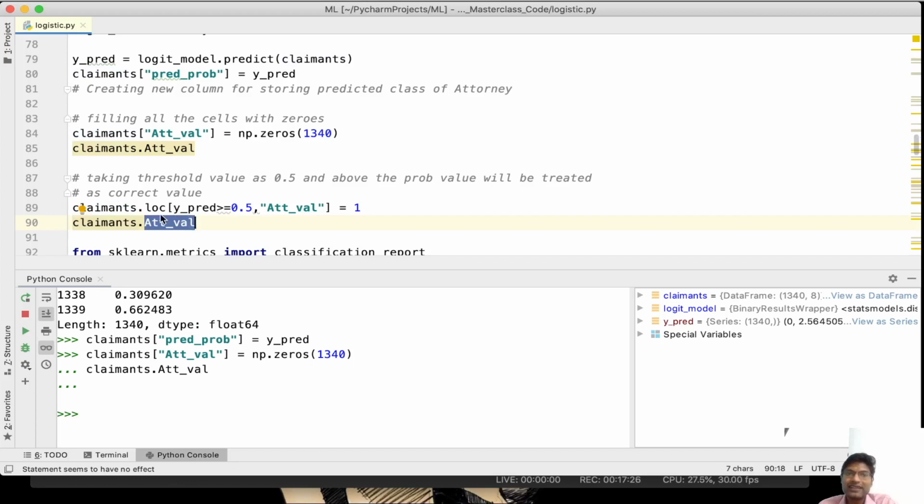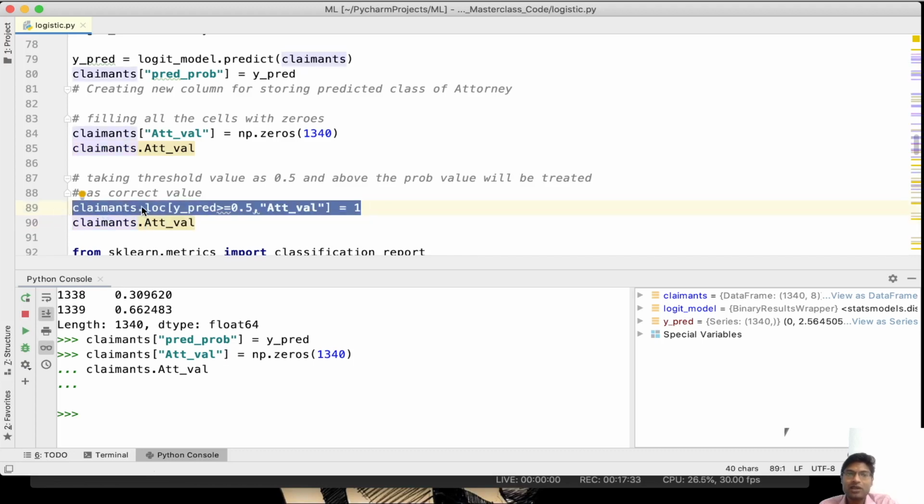For that I need to identify which rows are going to convert to 1. This is one single line, claimants.loc. If my y underscore predicted is greater than 0.5, as I mentioned before, we have y predicted where the probabilistic scores are returned and stored. If for that particular index position my y predicted is greater than 0.5, then in this attribute value assign 1.